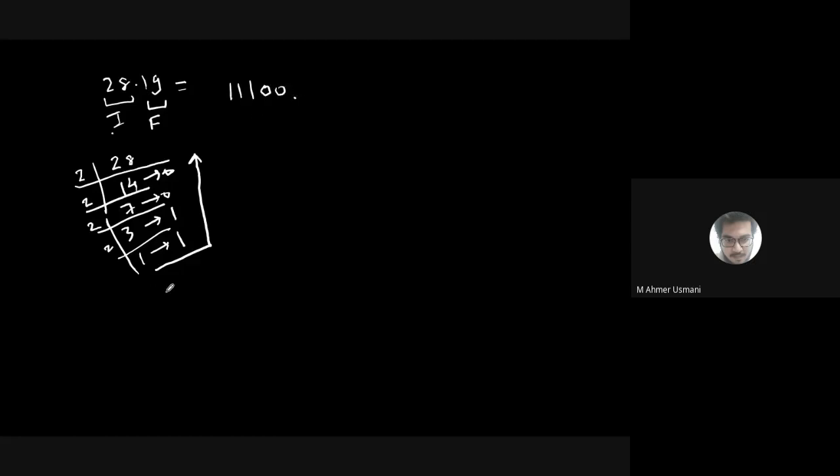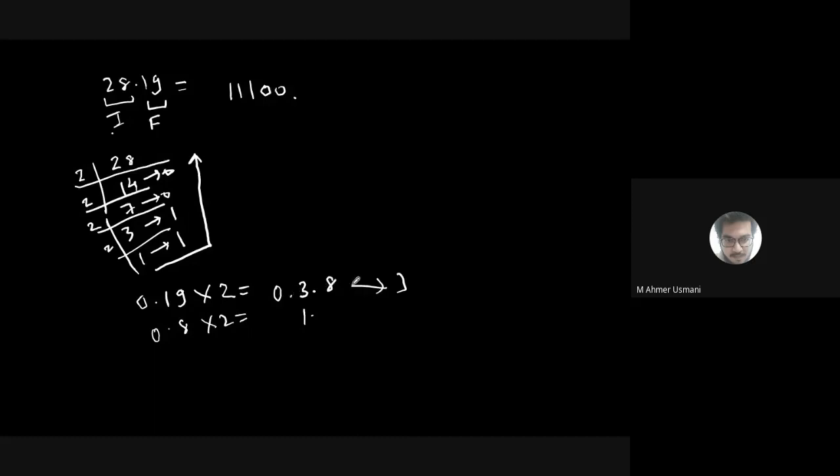Okay, so this part is okay. The second part is the fraction part, 0.19. The fraction part you always multiply by 2. So multiply it: 2 nines are 18, 1 carry, 2 ones are 2, 3. So it is 0.38. The integer part you just record, which is 0, and 0.38 is the remaining fraction. Right, it is 0.38.